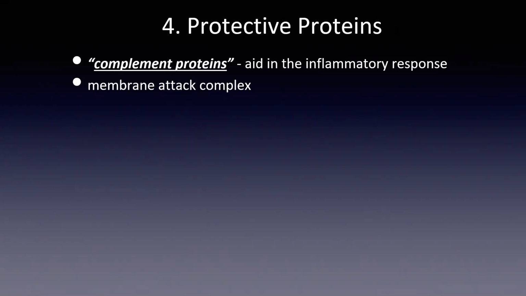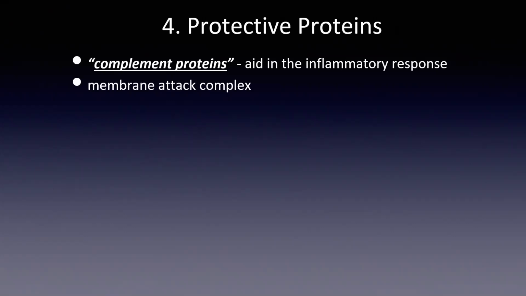Because what they do is they will drill holes in the outer shell of viruses or bacteria. And then because of the influx of fluids in there, those viruses and bacteria will then explode based on those holes being drilled. So in your textbook, it says, certain other complement proteins join to form a membrane attack complex that produce holes in the surfaces of bacteria and some viruses. Fluids and salts then enter the bacterial cell or the virus to the point that they burst. That's awesome. That's wicked.